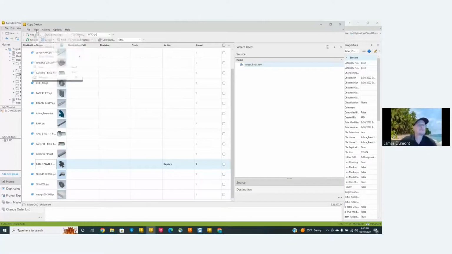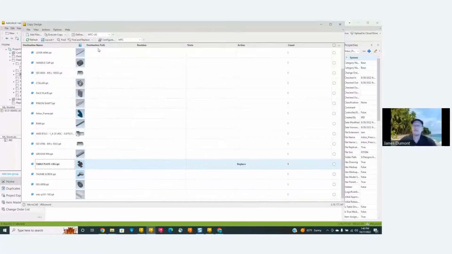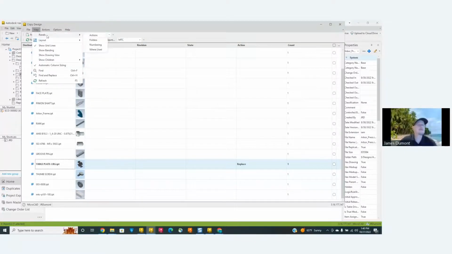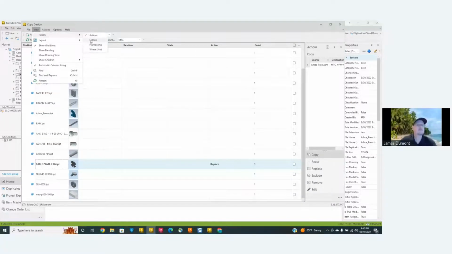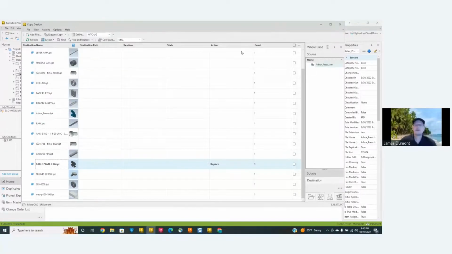There really should be a show all panels. The panels are really helpful to find out what's going on. Under view panels, you really want these on. And this is a persistent setting. These panels are very helpful so that you can see what is happening when you hit execute.